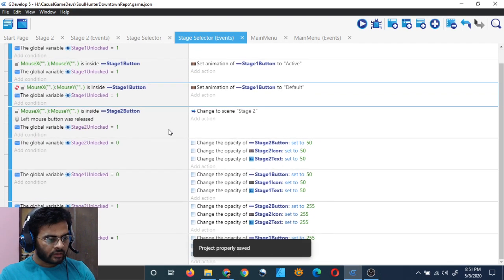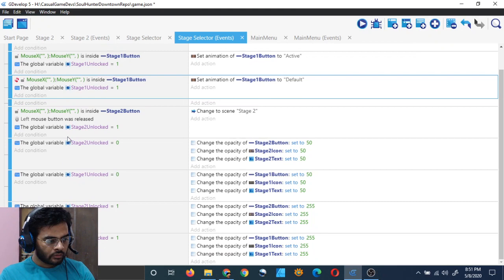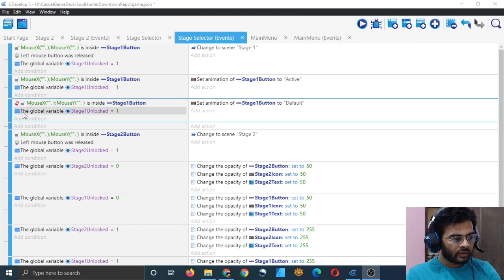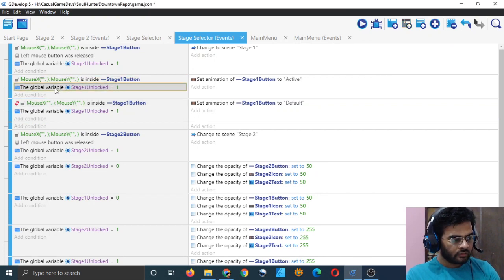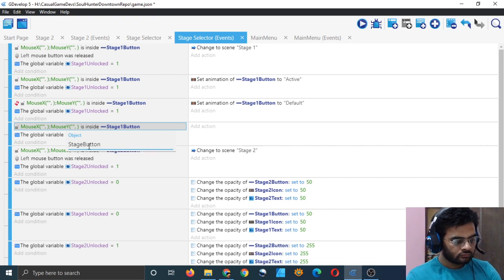And we have to do the same thing for stage 2 button. Okay, let's do that. Just add a condition, and yeah, this condition has been added here. So just copy this and this and shift, copy this, and then paste conditions, and then just change stage 1 to stage 2. And click on this.